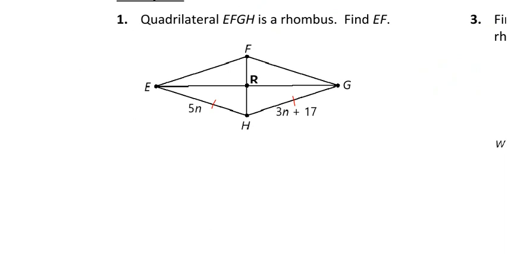But we know that actually all of them are congruent to each other. So we would write our equation as, let's say, EH is equal to HG, which means 5n is equal to 3n